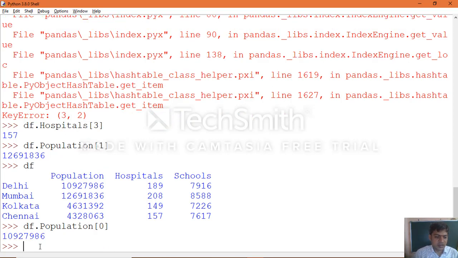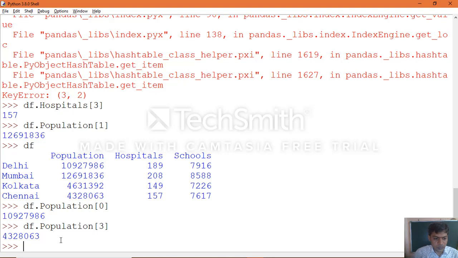Yes, you need to specify the row index, that is 0, then you will get the Delhi population. If you want to get the Chennai population, then df.population[3]. Yes, you get the Chennai population now.